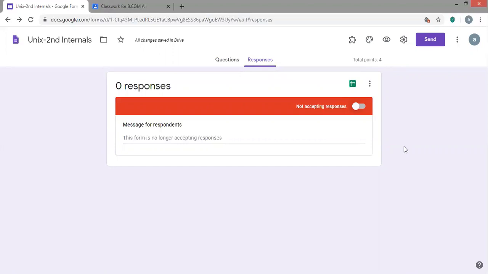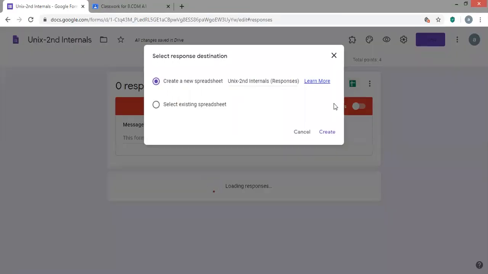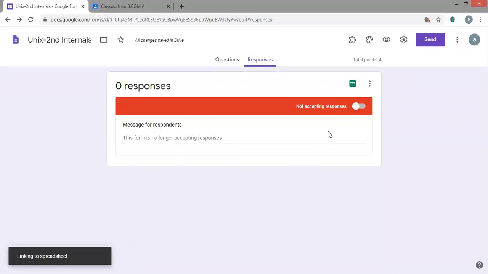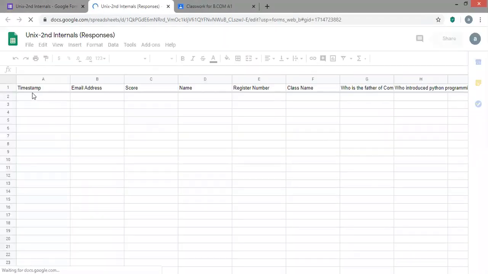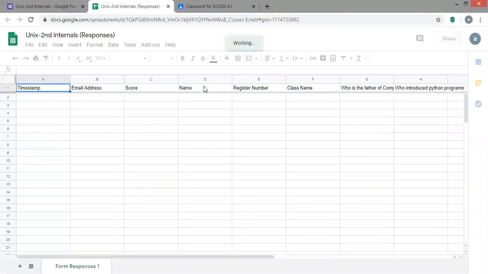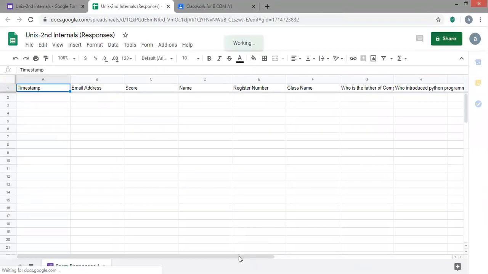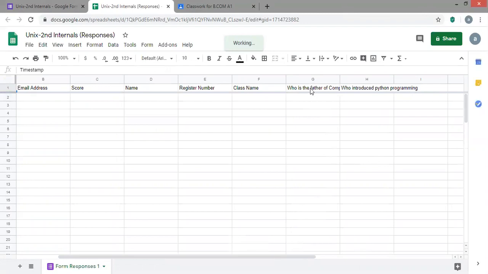So once everything has been done, you just click on this link. This particular link will take you to the Google spreadsheet, and then say create. Once I say create, it links to a different spreadsheet. So here you will be able to see at what time the student has sent and what is their email address, what marks they have scored, name, register number, class, and what is the answer that they have given for this particular question.